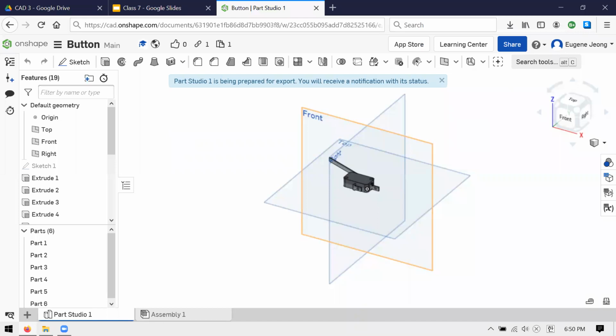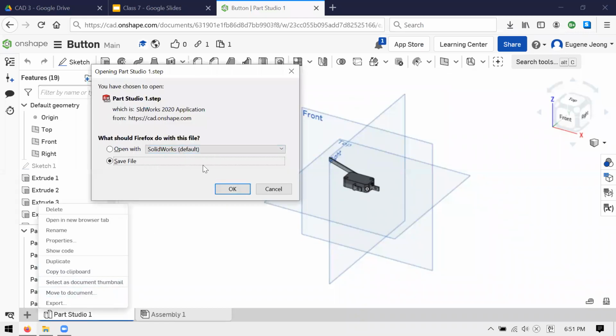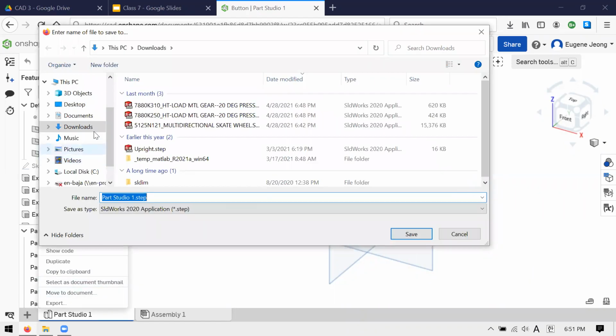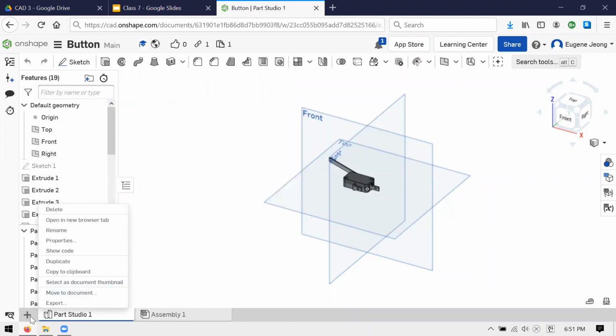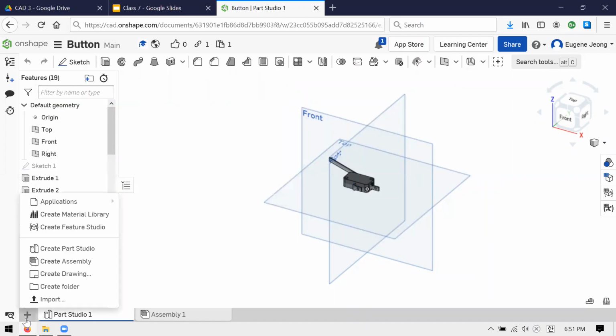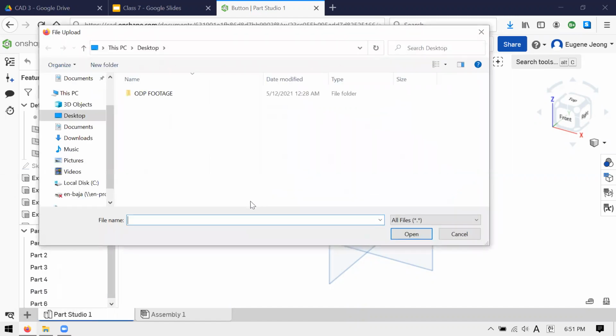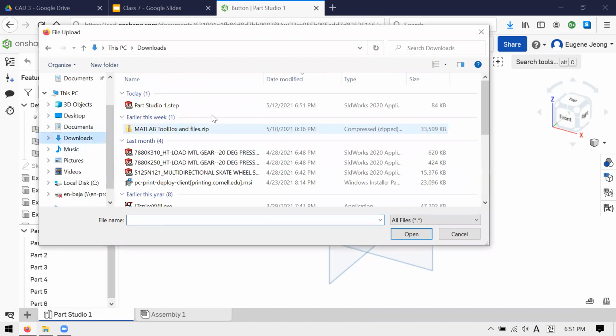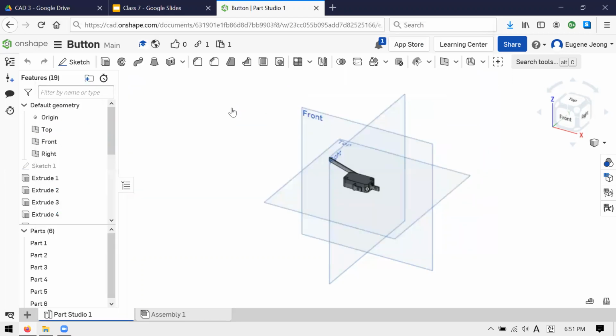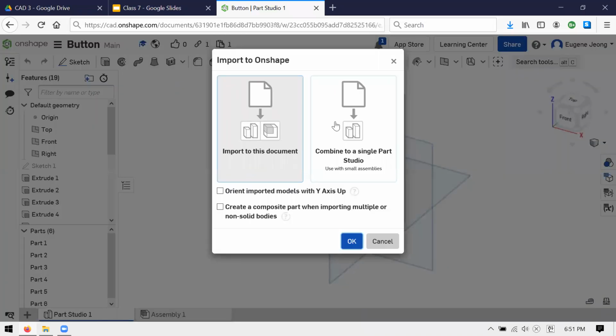Yeah, so I could just export it by right-clicking this here. I'll just put that in my downloads. And it's kind of what we're talking about when we get CAD from other places. Sometimes the CAD will be broken, sometimes it's not assembled the way you expect. So you need to think to yourself what you're going to do about it. In this case, I can just combine everything into a single,